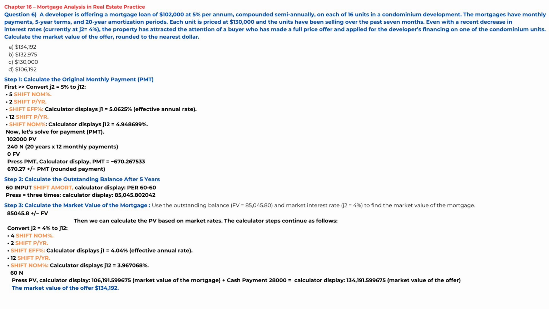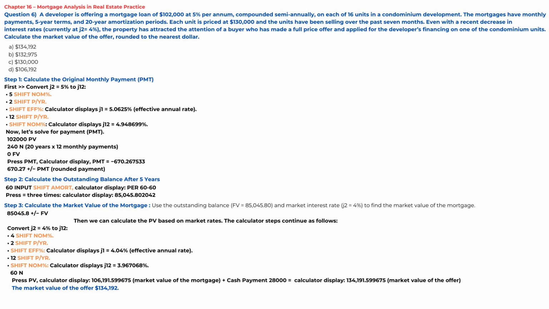4 Shift NOM. 2 Shift PYR. Shift Effective, calculator displays J1 equals 4.04%, effective annual rate. 12 Shift PYR. Shift NOM, calculator displays J12 equals 3.967068%. 60 N, press PV, calculator displays